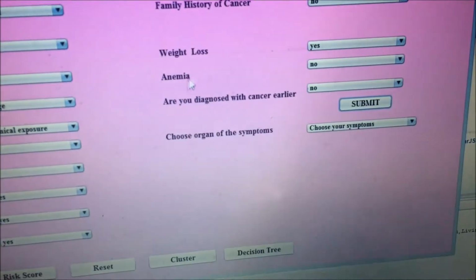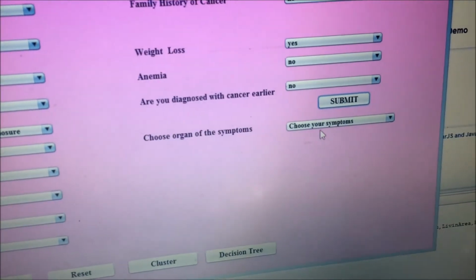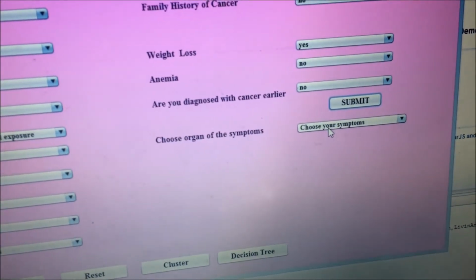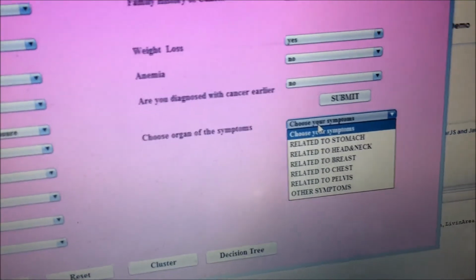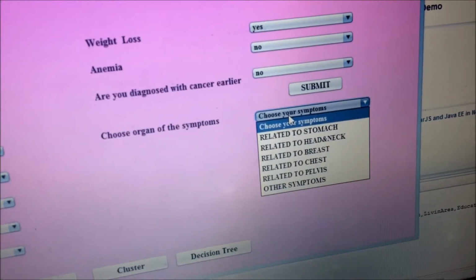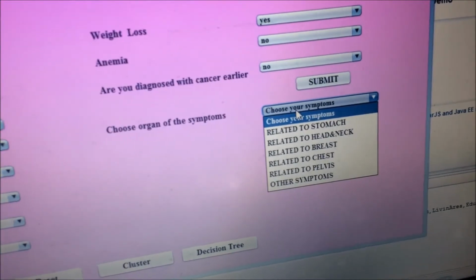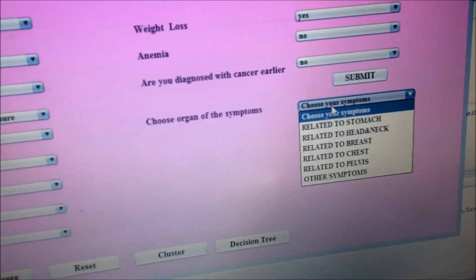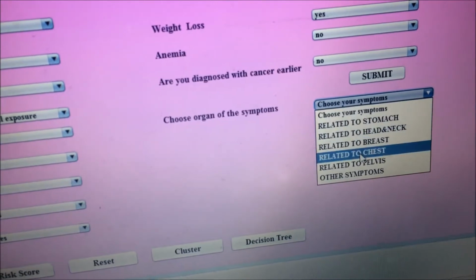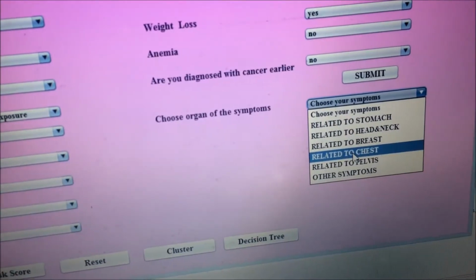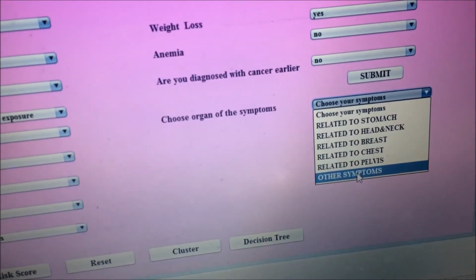It will now load and ask you to click on the symptoms. So choose the symptoms and click on what type of symptoms you have. Here we have done for stomach, head and neck, breast cancer, chest cancer, pelvis cancer, and we have other symptoms too. So in this case we'll go to other symptoms.